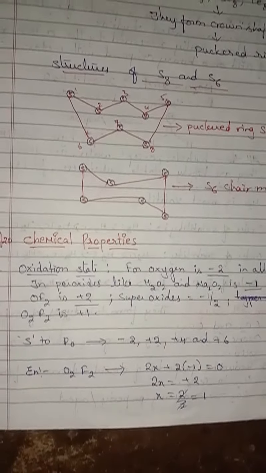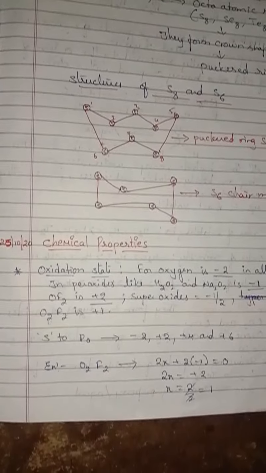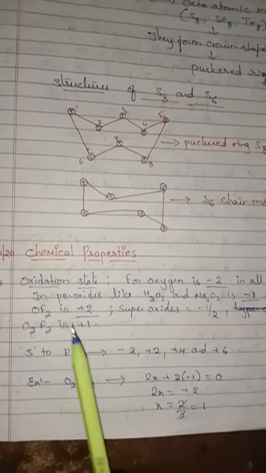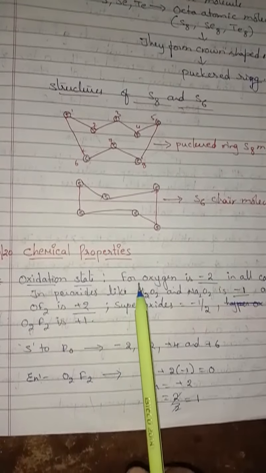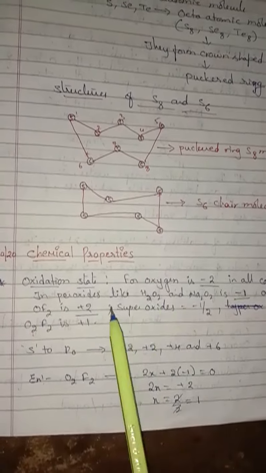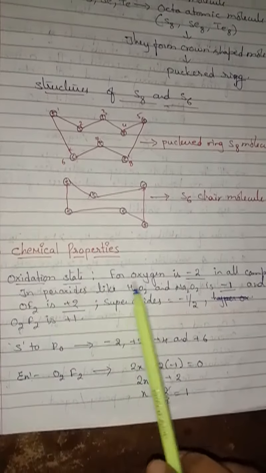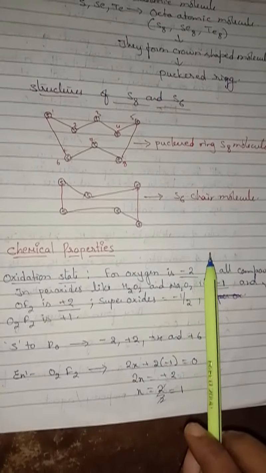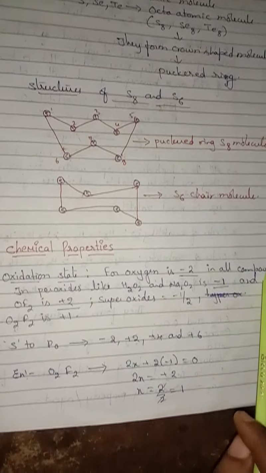In today's session we are going to see the chemical properties of group 16 elements. We have already discussed the physical properties. Now we are moving into chemical properties. First one is oxidation state. The first element in group 16 is oxygen. Oxygen generally shows a -2 oxidation state, as it has 2 free electrons in the p orbital of its outermost shell. So for oxygen it will be -2 in most compounds.